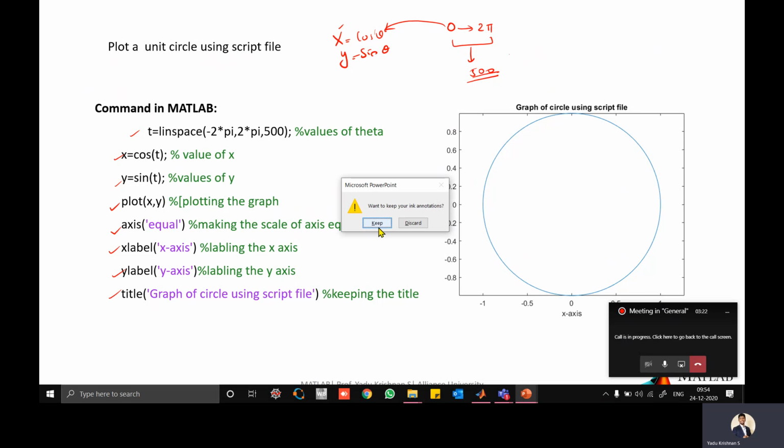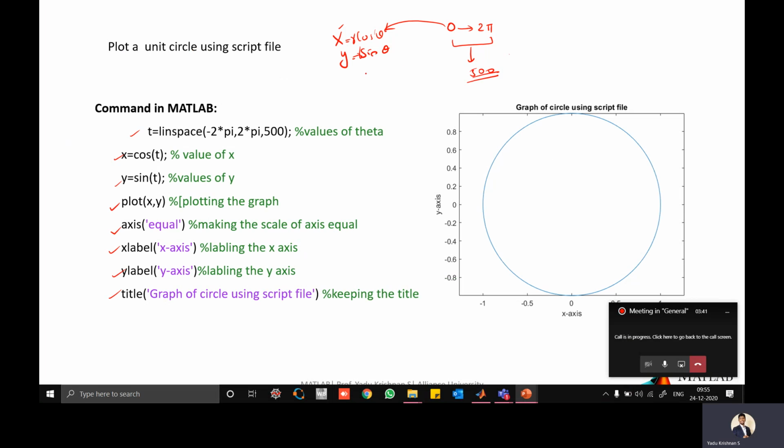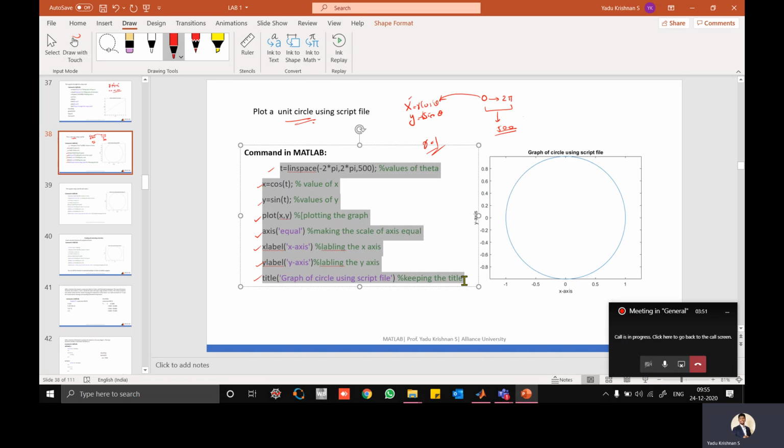Okay, so this is how we do it. The radius is already defined, so you don't have to get it from the user. That is why x is actually r cos theta. In this case, r equals 1 because a unit circle is given, right? So we can just go to MATLAB and let me take this program.